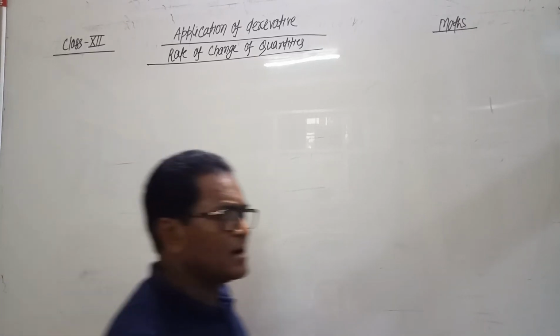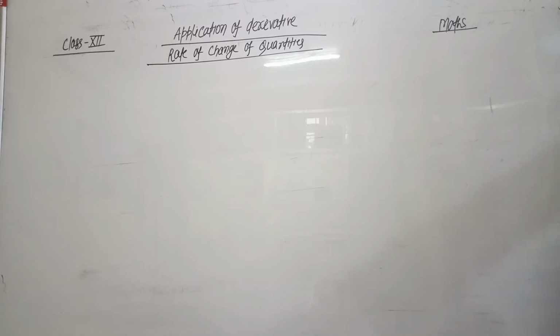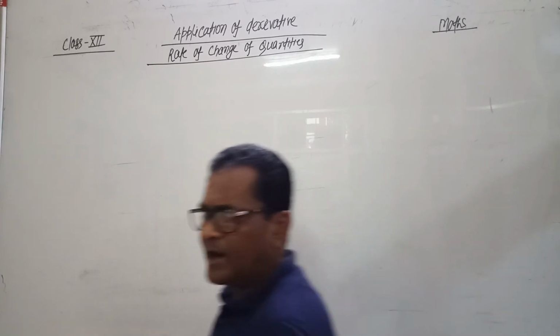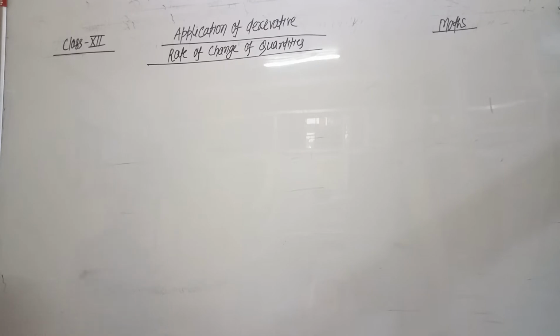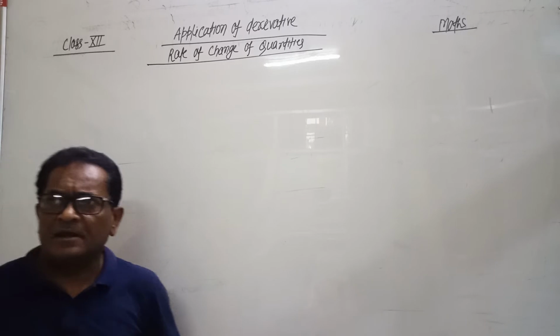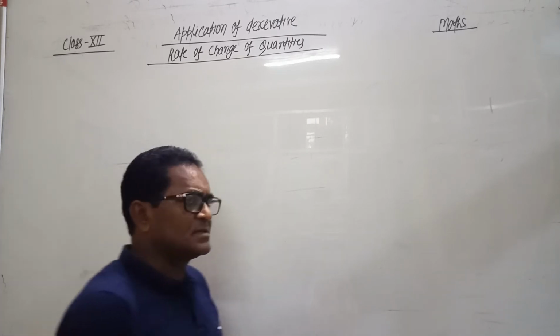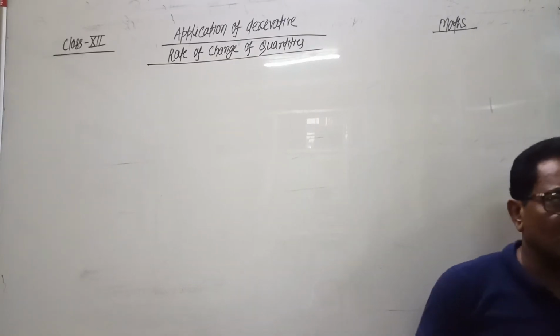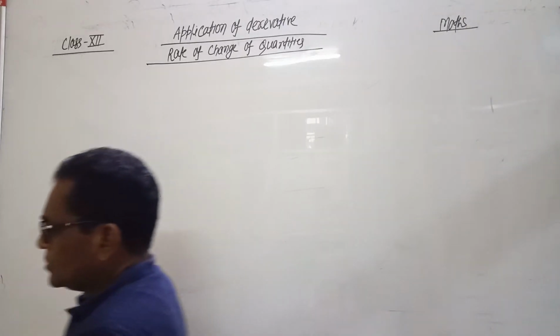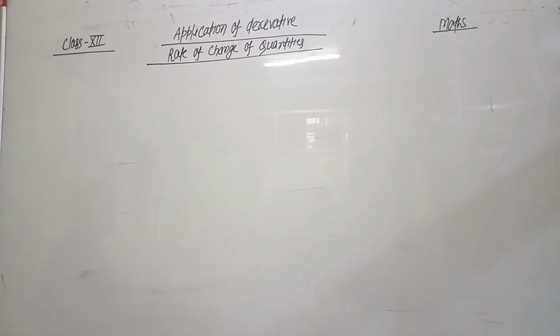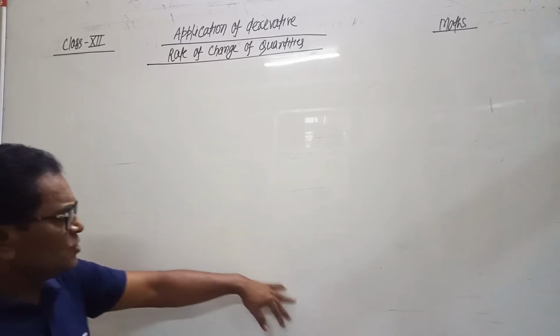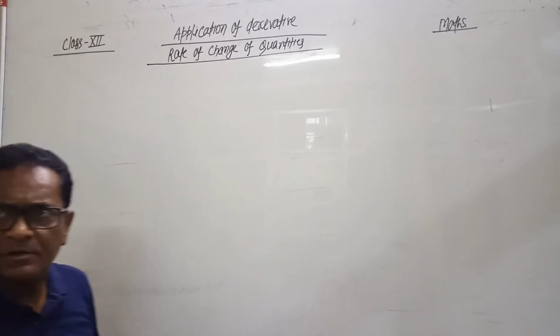एक न्यू चैप्टर स्टार्ट करने जा रहे हैं, एप्लीकेशन ऑफ डेरिवेटिव। इसमें सबसे पहले हम देखेंगे रेट ऑफ चेंज ऑफ क्वांटिटीज, उसके बाद हम बात करेंगे इंक्रीजिंग एंड डिक्रीजिंग, देन नेक्स्ट टेंजेंट्स एंड नॉर्मल, फिर मैक्सिमा मिनिमा, एंड इन द वेरी लास्ट वी विल डिस्कस अबाउट अप्रॉक्सीमेशन।